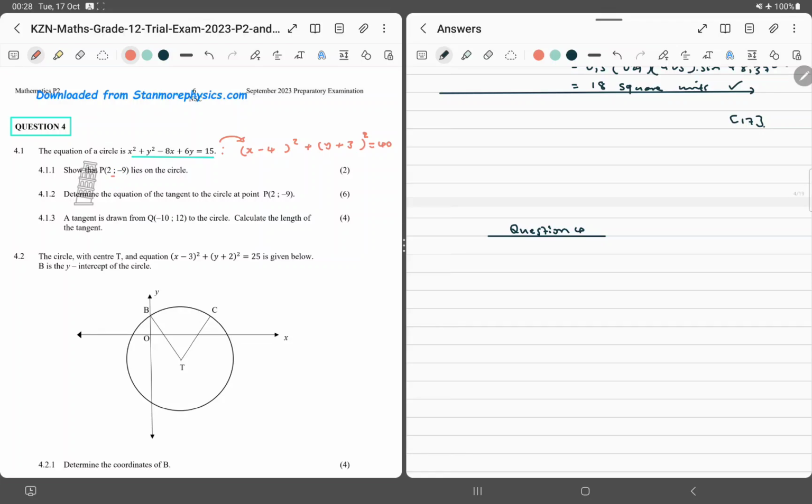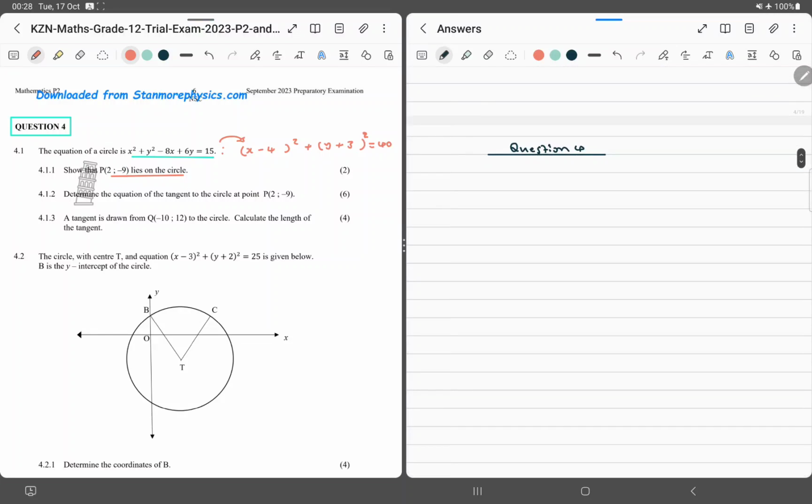It says now show that P lies on the circle. So that's easy. Here there's nothing to analyze more than what we just did. So we've got 4.1 where we have x squared plus y squared minus 8x plus 6y equals 15. Now to answer